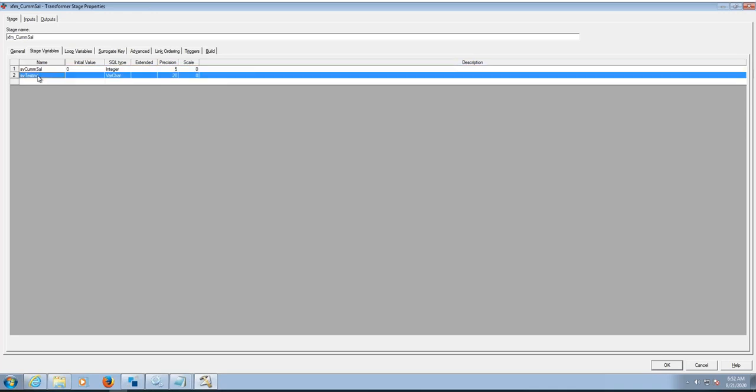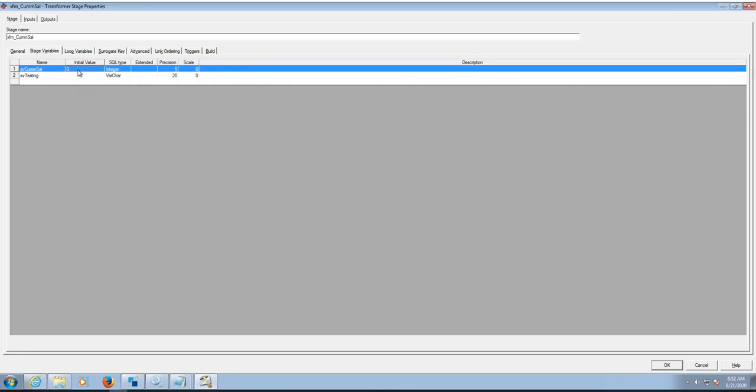So for that I have created SV kumsal. Okay. So initial value for the first record we are storing as 0. For the first record the cumulative salary will be 0. Salary plus 0 will be the first salary amount, right? So that will be calculated and stored in the stage variable.